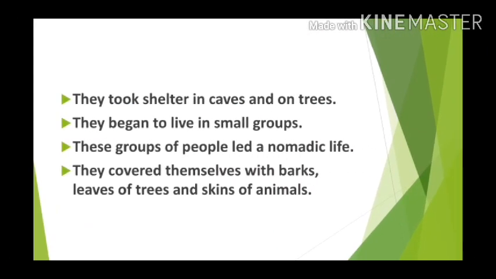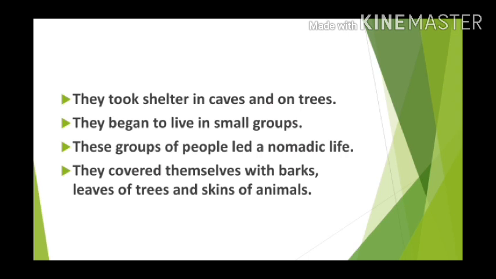They took shelter in caves and on trees to protect themselves from wild animals. Archaeologists have found evidence of their cave shelters from Sangho, that is northwest Pakistan, and Kurnool, that is Andhra Pradesh. Sometimes they also lived in rock shelters, like that one at Bhimbetka in Madhya Pradesh.